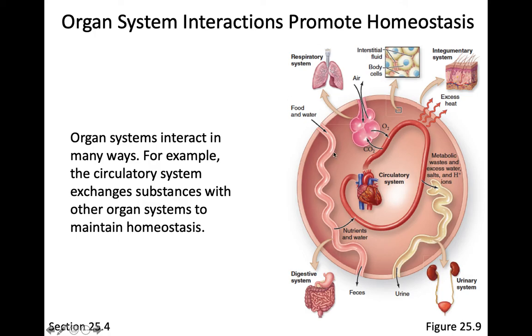If you detect a buildup of carbon dioxide in the blood, you're going to need more oxygen brought in, so you're going to have to breathe in more, which is going to cause the body to produce more energy to help the respiration rate increase. Breathing more is going to cause the heart to pump faster, causing more blood to go through the circulatory system, which is going to cause more excess water to be produced, which is going to cause the urinary system to have to work harder,